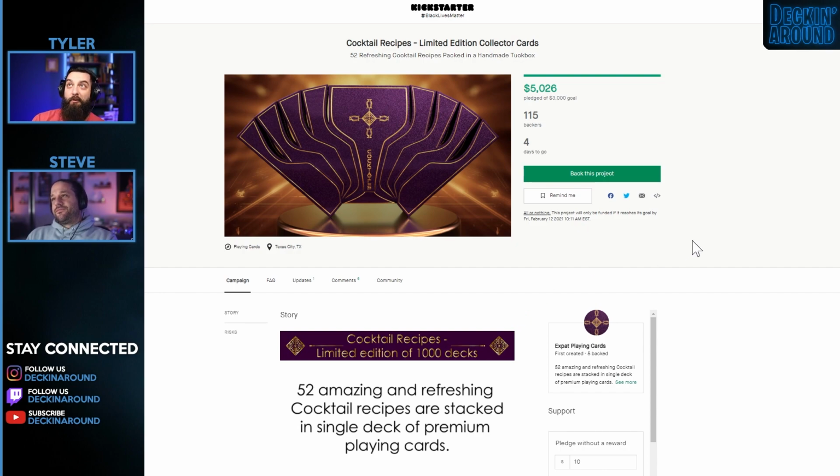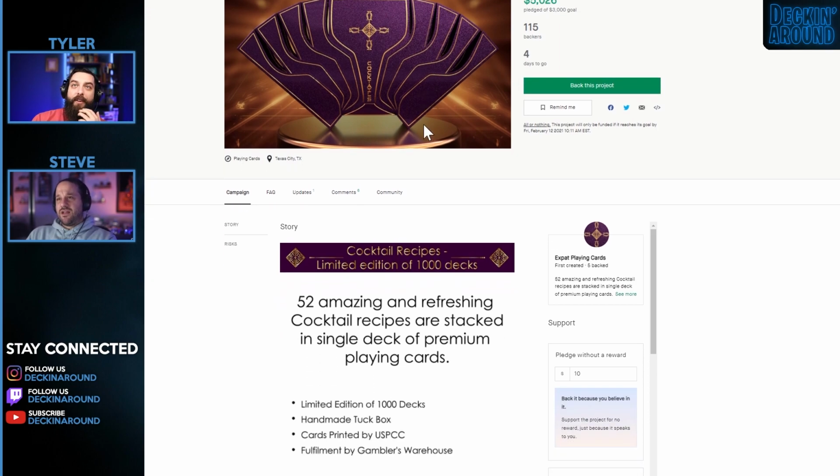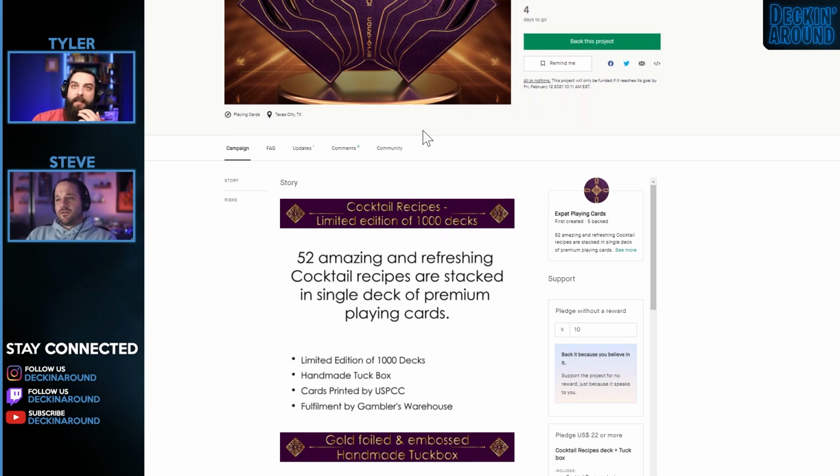So this campaign is actually a really short campaign. Yeah. They hit their goal really quickly. It's actually a pretty low funding goal for the complexity of this deck. I'm actually curious if they have permission to use that. Don't you need like rights to use that? I think there is a...